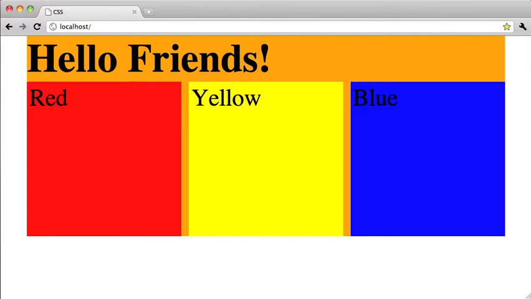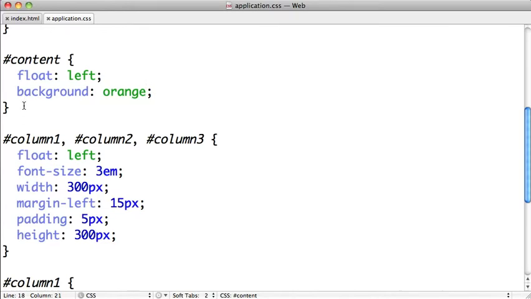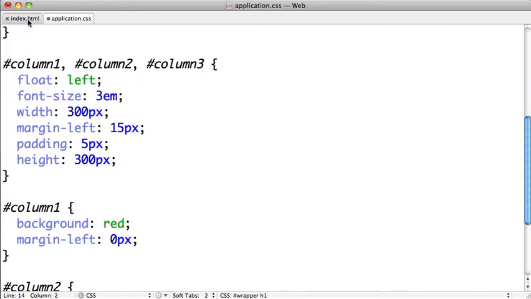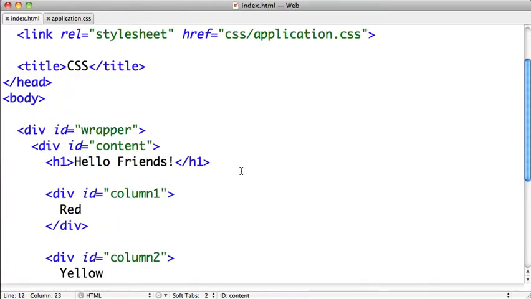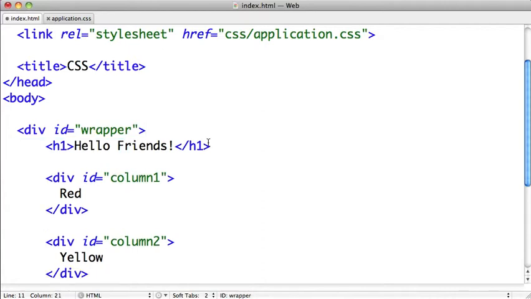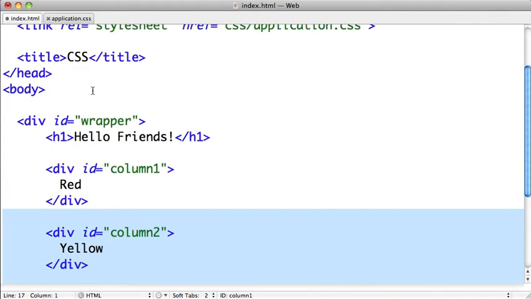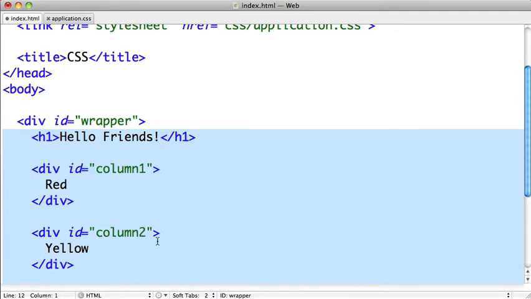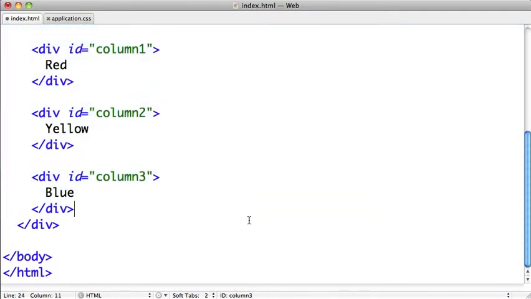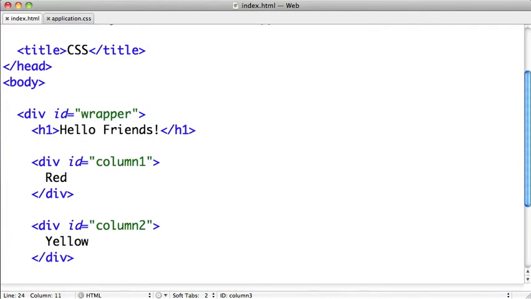So let's go ahead and switch back to TextMate and just remove the work that we did here so that we can try one last technique. We're going to go ahead and get rid of this content div, and we'll just reset all of our HTML there so that it has proper indentation. So we'll save that out,